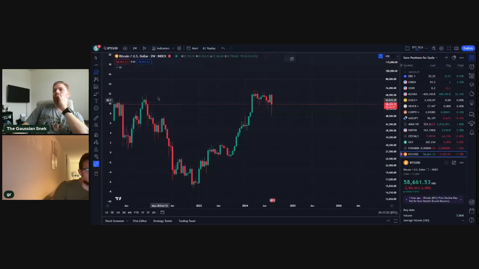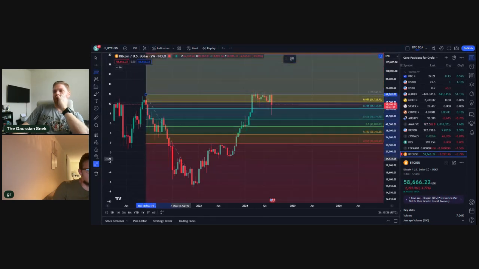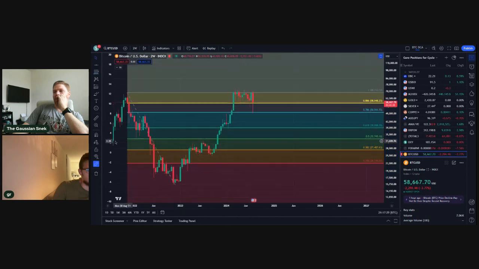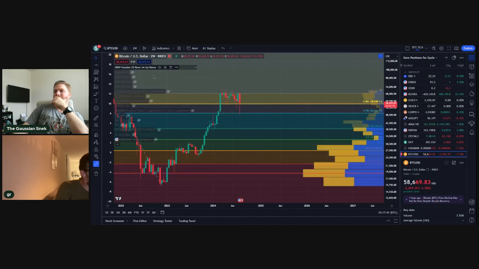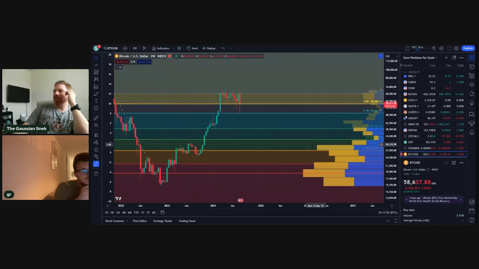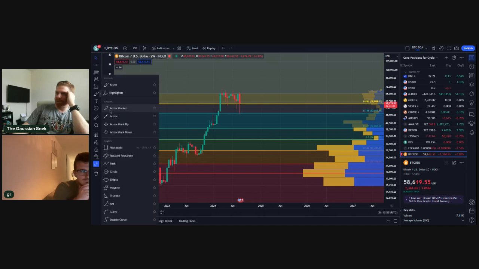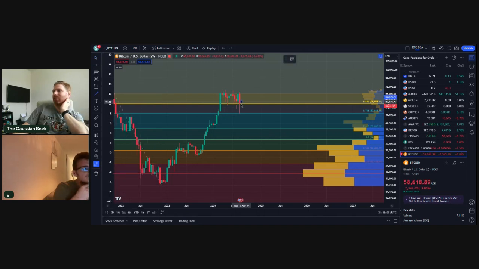So let's go from 2021 down to November 2022. Slide this over. Okay, so you can see right now we're pretty much battling the 886 fib. If I pull up the visible range volume profile, what you'll notice is there's a lot of volume here around, let's just call it 27 to 30K. So even if we were to somehow drop,